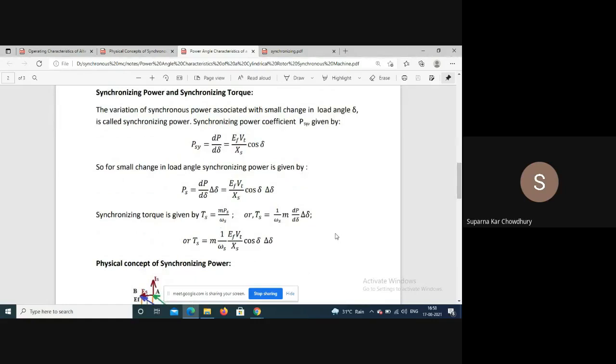So whenever there is a loss of synchronism, this synchronizing power appears, and it will synchronize the machine with the bus bar. So a machine which is synchronized with the bus bar has an inherent tendency to remain in synchronism. Obviously, if the disturbance is too large, then the machine will go out of synchronism. But for very small disturbance, this synchronizing power appears and makes the machine synchronized with the bus bar.